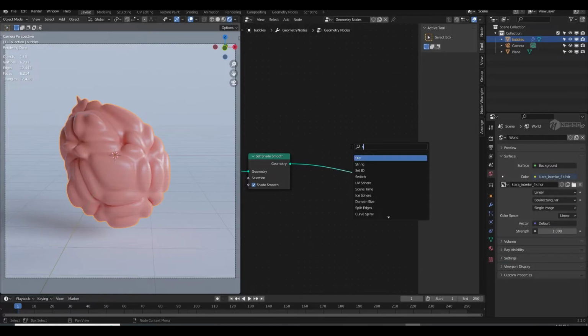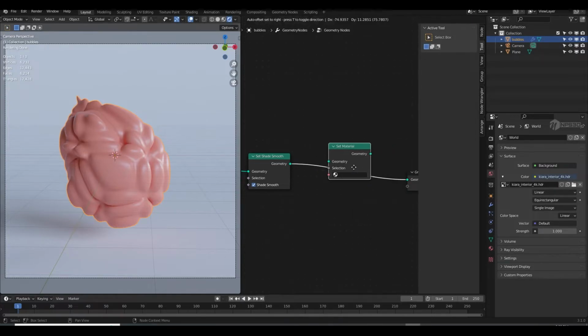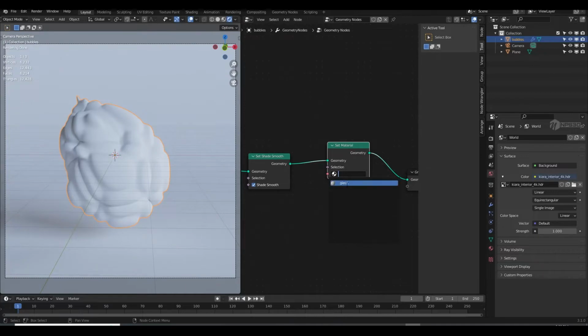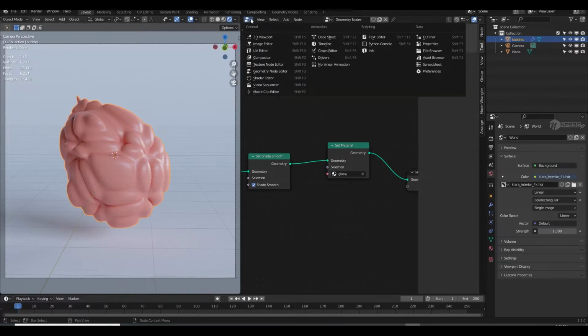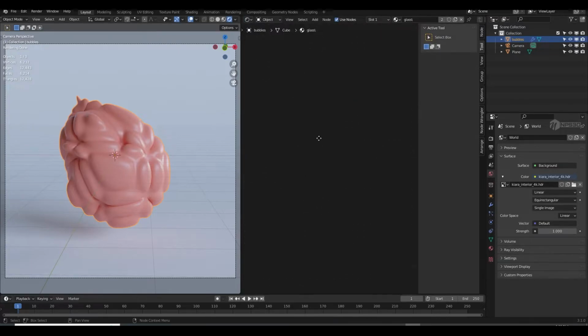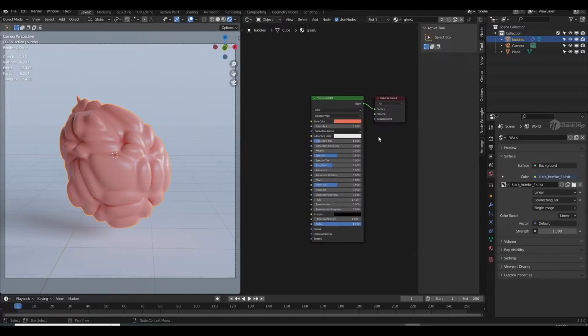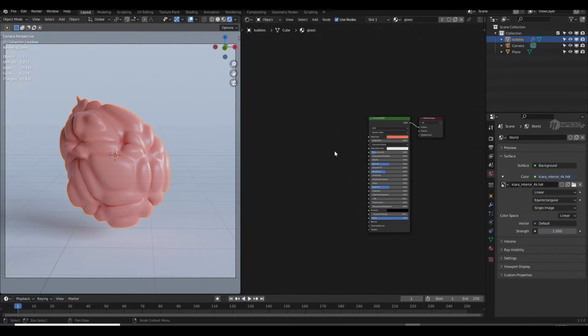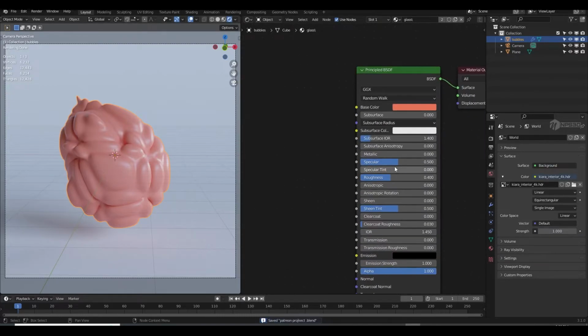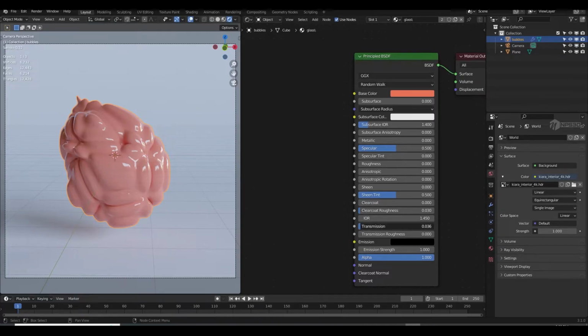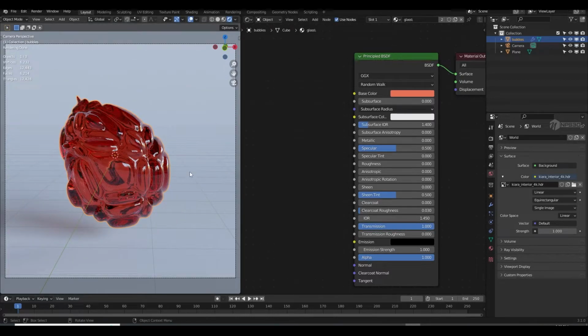add one more node called set material and plug it here, and then I will add a glass. And this is the proper way to add texturing when you are using geometry nodes inside Blender. So go back to the shader editor, and now let's do what you want. So I will just down the roughness to make it glossy, and increase the transmission to make it like a glass,